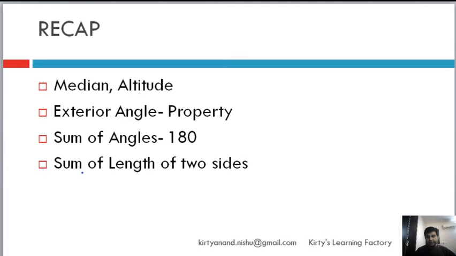And then we learnt a very interesting concept, that the sum of the lengths of two sides of a triangle is always greater than the third side. So if in a triangle combination you happen to get two sides for which the sum is less than the third side, that triangle cannot be formed. This property, that the sum of the lengths of two sides is always greater than the third side for all combinations of three sides, you will use when you learn inequalities. And I think inequalities is a class 11th equivalent course, so we will use that.